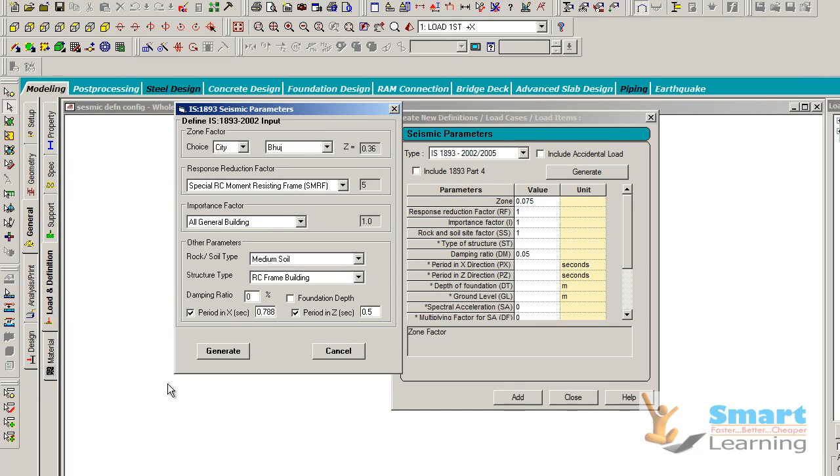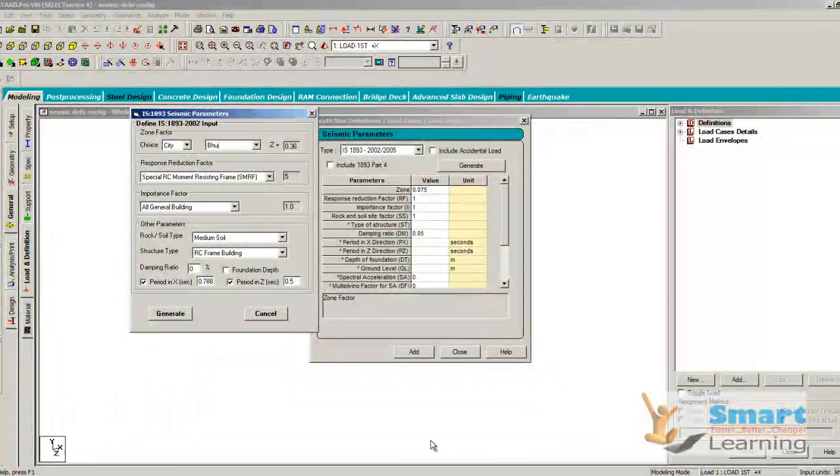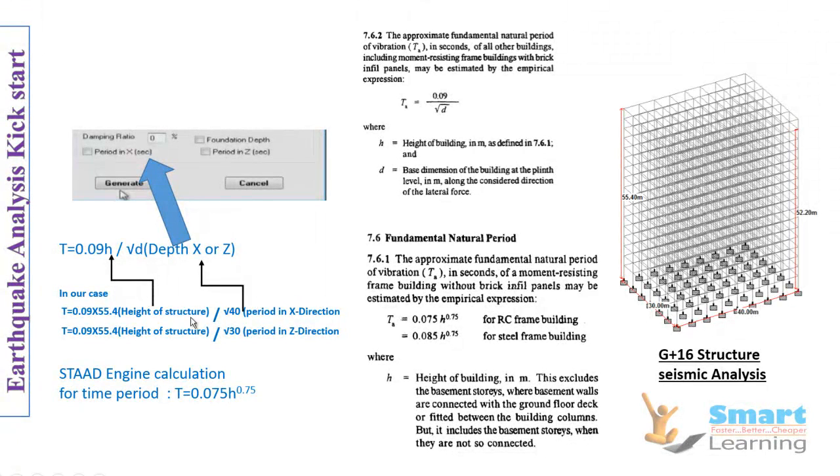So this I am going to feed in the x direction, 0.788. And what about the z direction? That again I have to configure. So for the z direction here you can see 55.4, but this is 30 meter. So that you have to configure.